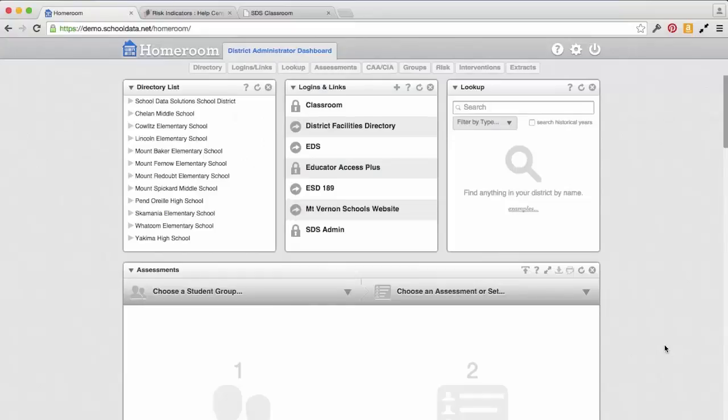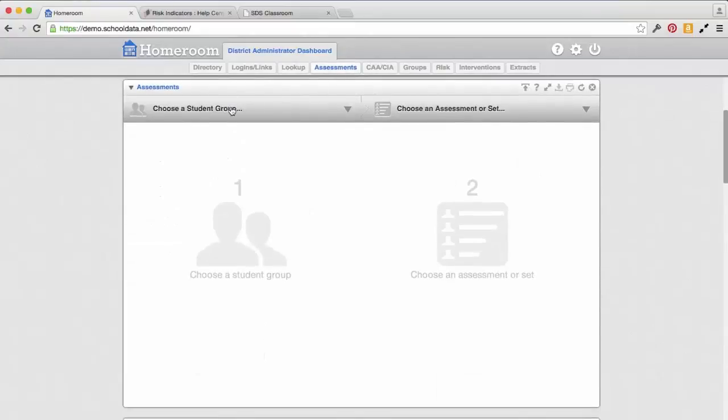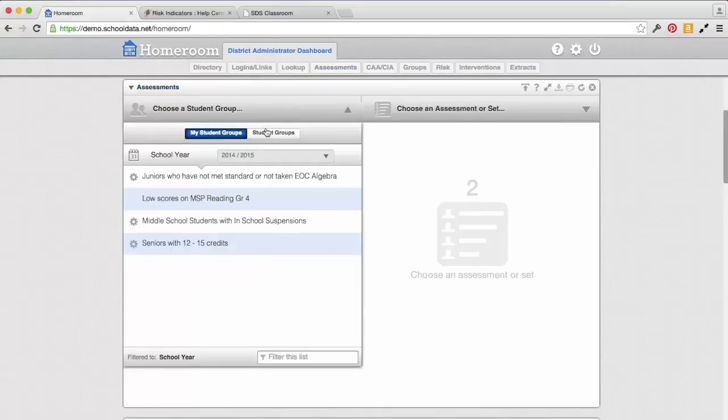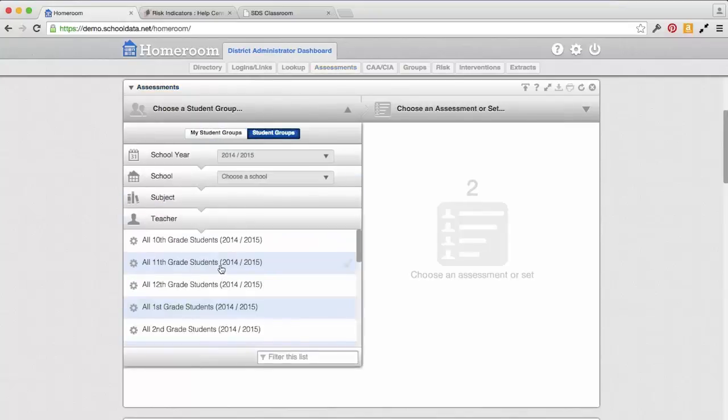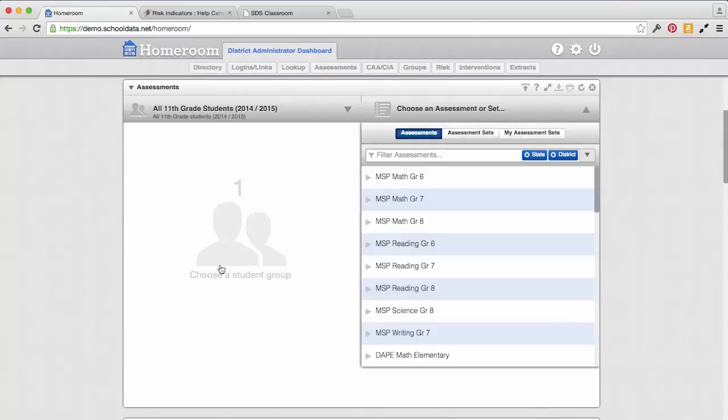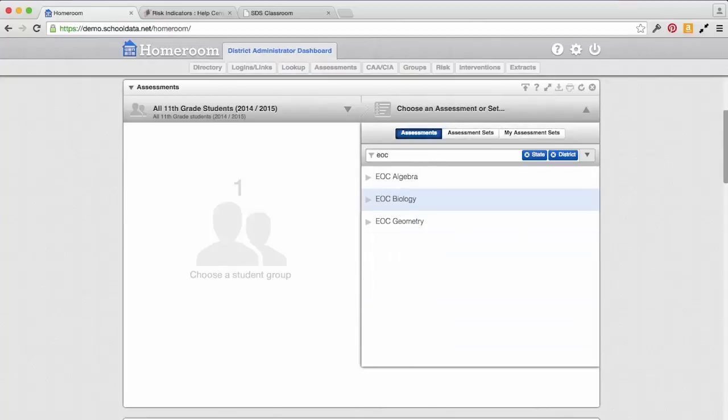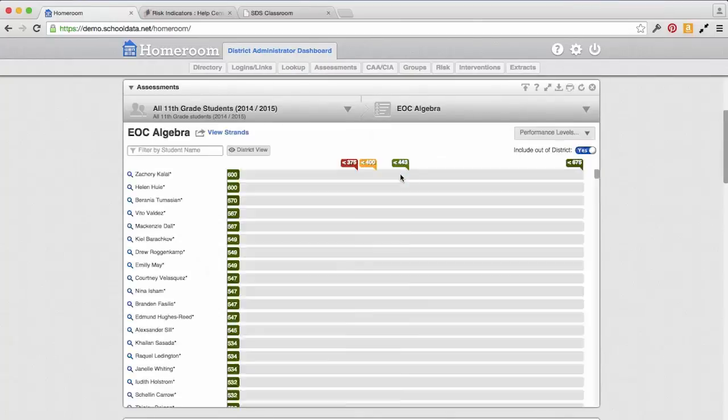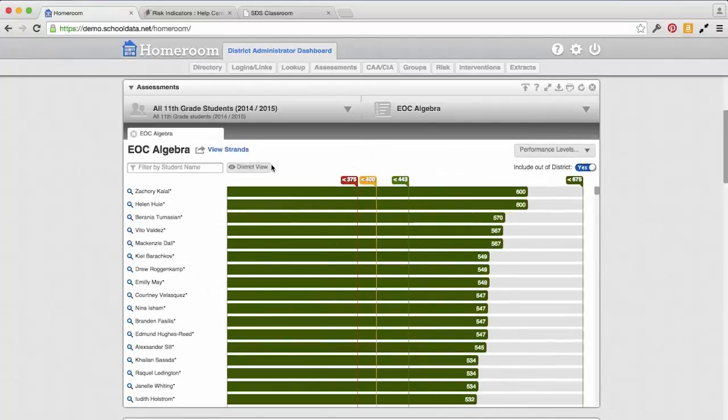There's much more a teacher can see, but for the sake of time, I'll switch to the district administrator role. As a district administrator, I can see a lot more students. When I view assessment data, I can choose all 11th graders at the district. After seeing scores for hundreds of students,